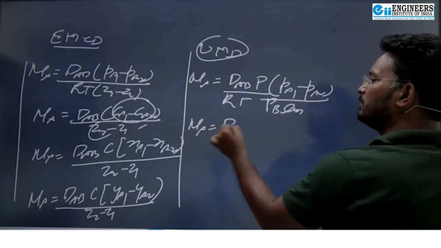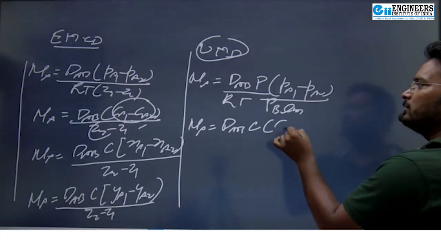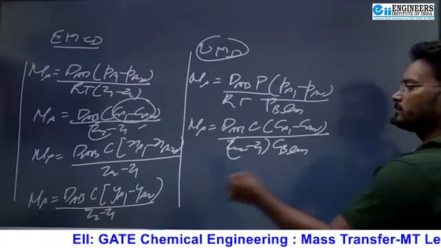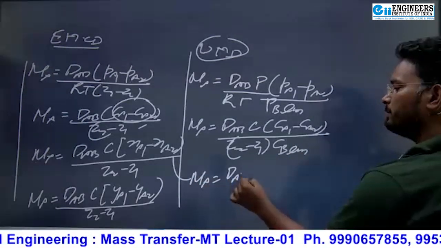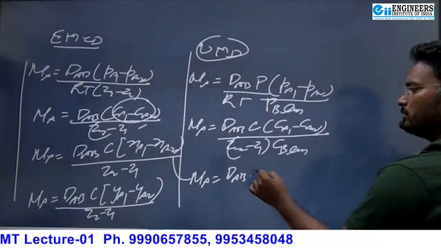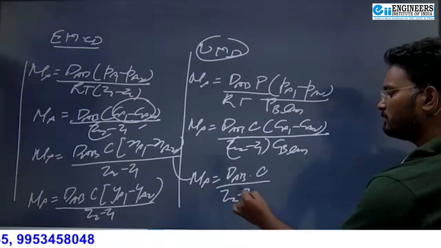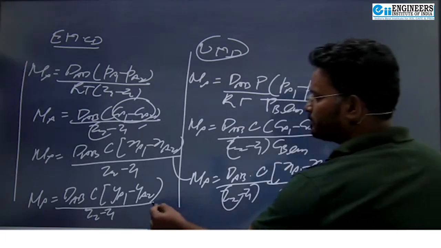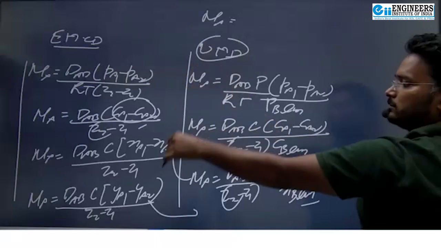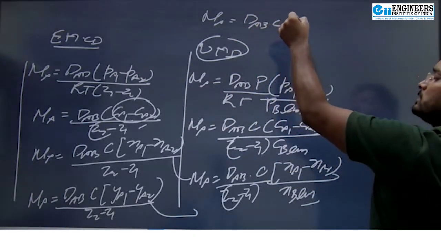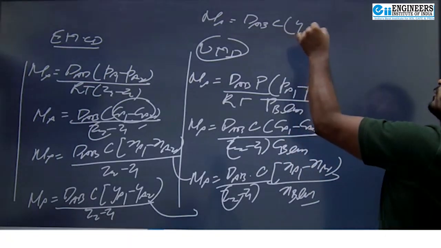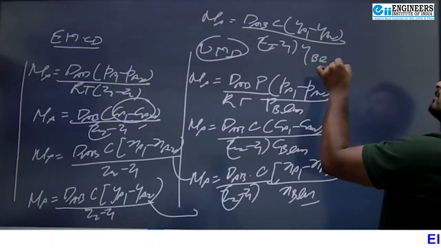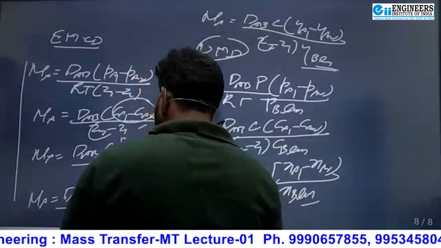Corresponding equation for this: D_AB into (C_A1 minus C_A2) into (Z2 minus Z1) into C_BLM. Corresponding equation: D_AB into C upon (Z2 minus Z1) into (X_A1 minus X_A2) upon X_BLM. And corresponding equation is, I am going to write here N_A equal to D_AB into C into (Y_A1 minus Y_A2) upon (Z2 minus Z1) into Y_BLM। या तो जो सिंपल कॉन्सेप्ट क्या है, या वेरी गुड।